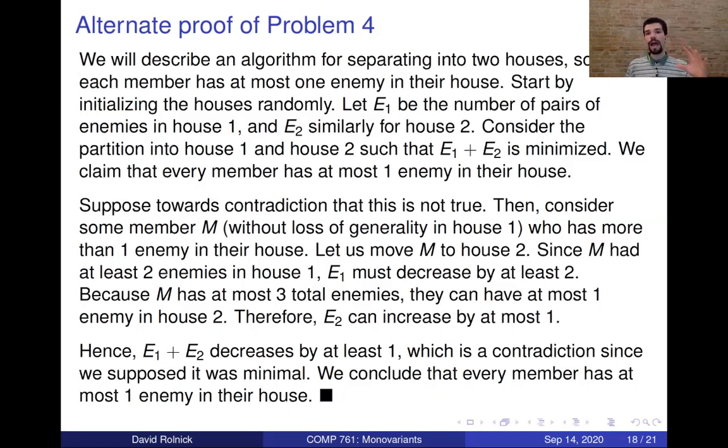So this is just a more elegant way to formally prove a problem in the same way as you could prove it with a normal monovariance proof. It's a way to think about the proof of the problem, but it's basically just a monovariance problem in disguise. Let's see another example of this.